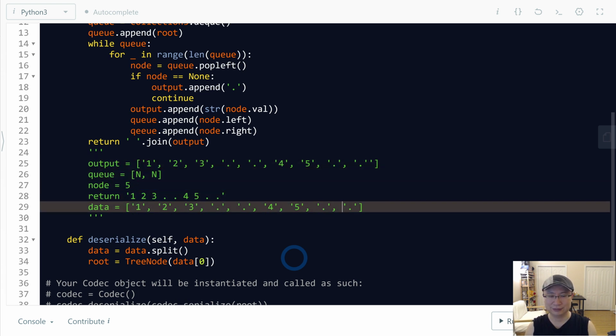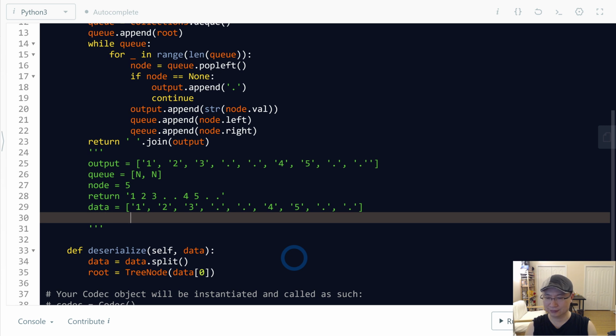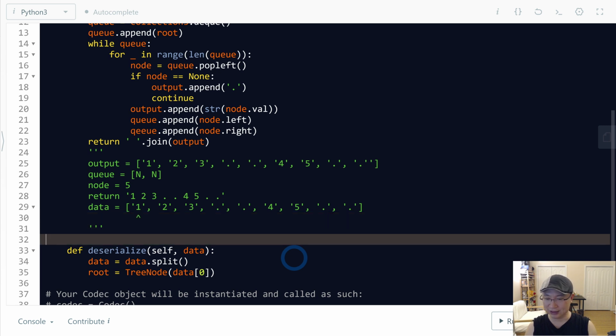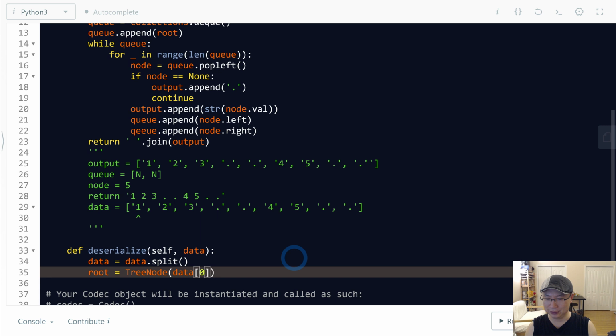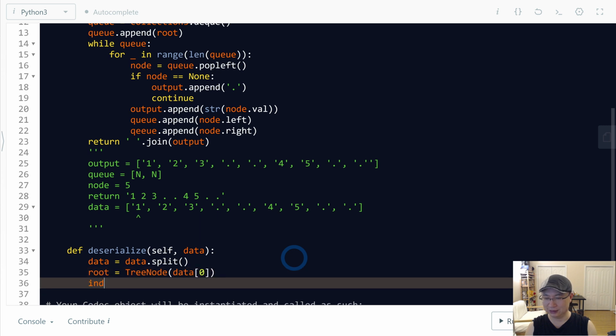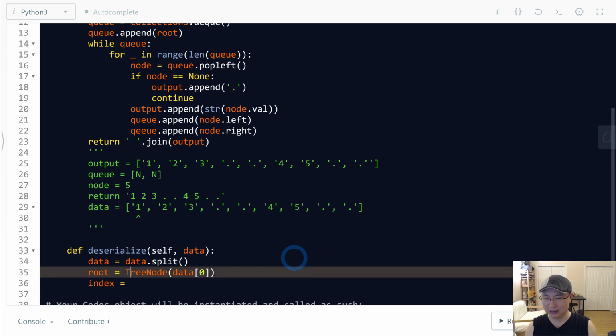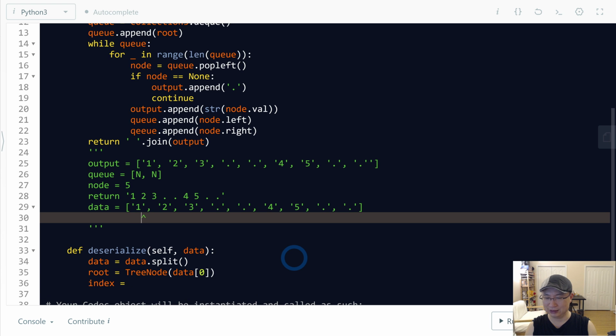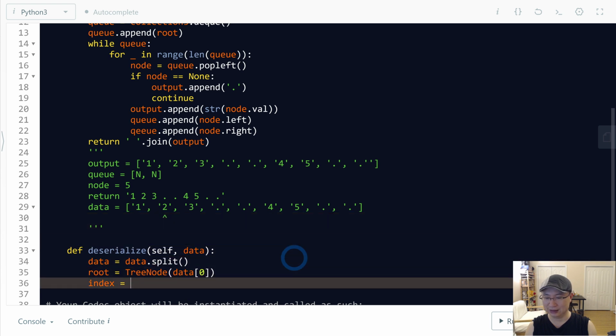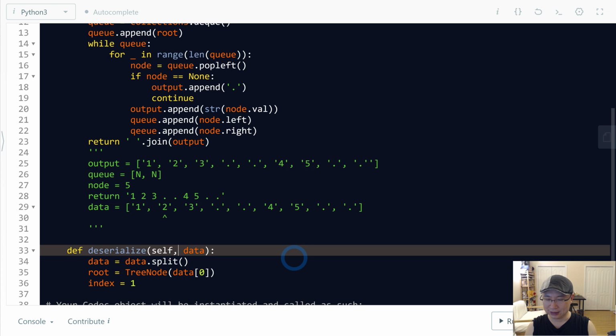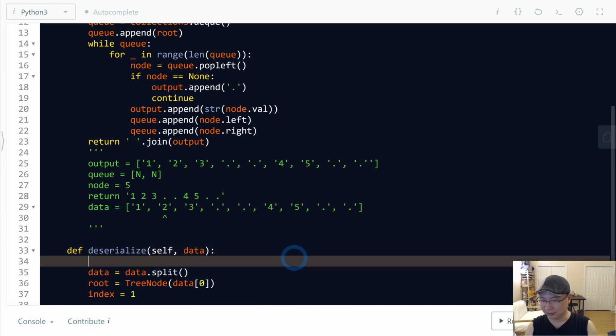Now use this one, right? And then I also need the index of data. I use this one, so I will start with here. That is in this one, and then in this case we need to